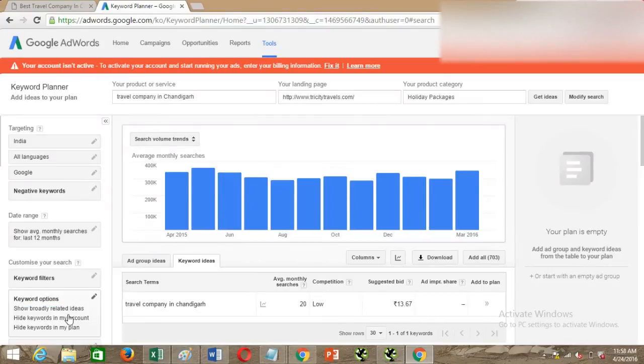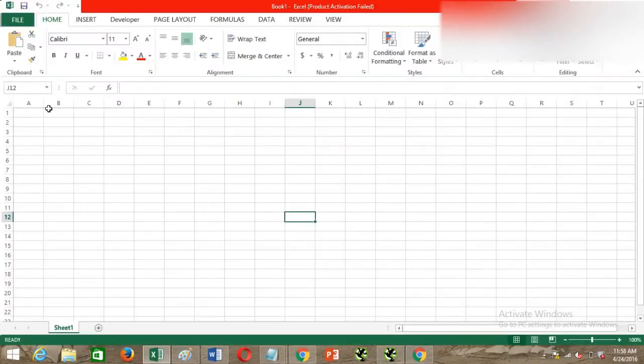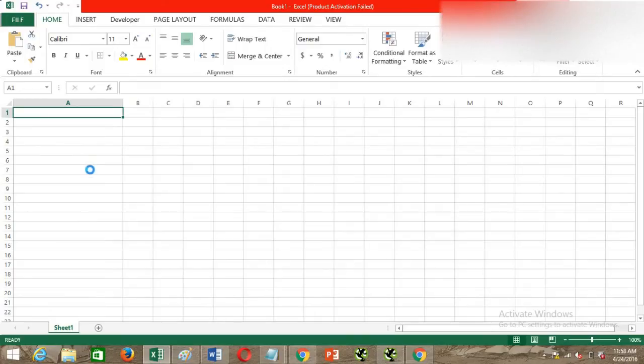of your searches for the targeted keyword. So for now you can just cancel it, and then you can see that this keyword is a good keyword. Why is it a good keyword? Because it has some monthly searches, and secondly it has low competition as well. So I'll definitely take this into my bucket list, and I'll be adding it into my Excel.